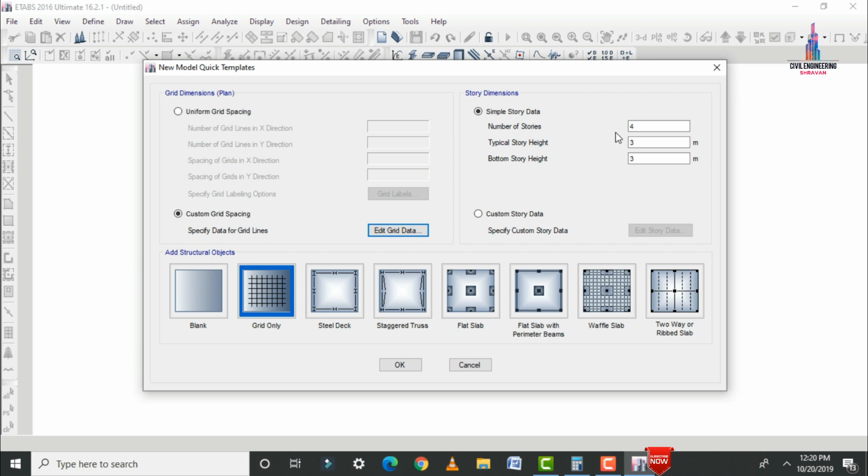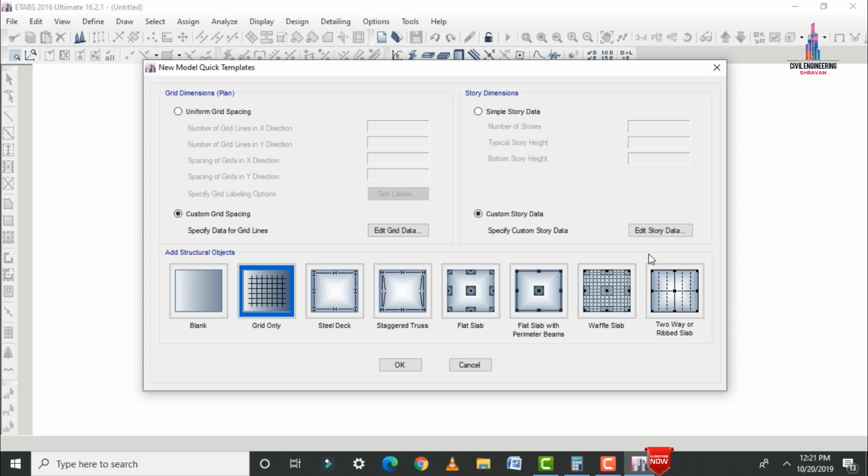Click on OK. After that we have to enter the number of stories. It will be 4 stories. As per our definition we will consider a G+2 building, the ground story plus the remaining 2 stories, which equals 3 stories, plus 1 plinth section. So the total equals 4 stories. We will modify the data as per the G+2 building considerations.